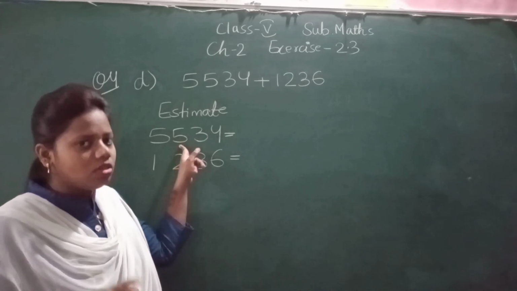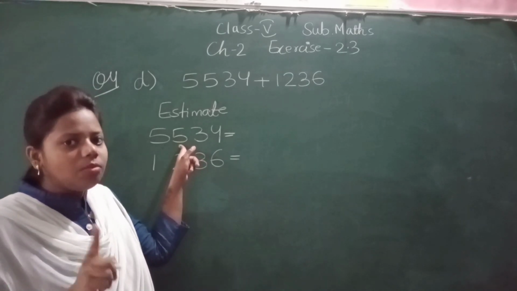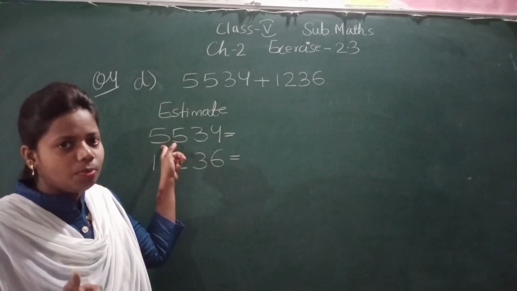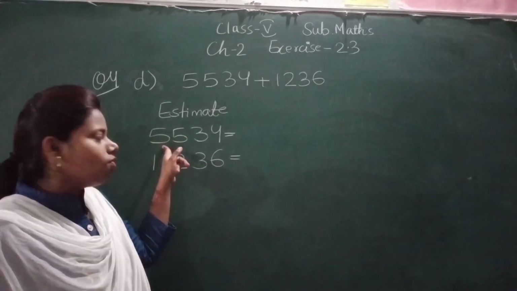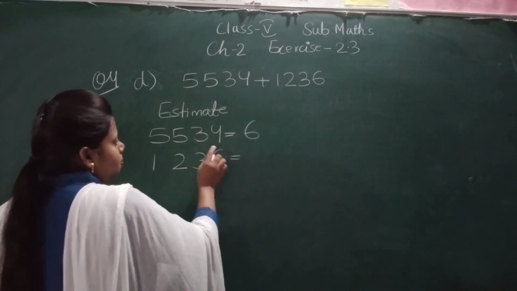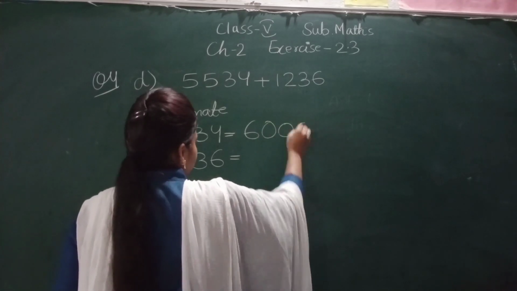Can you see this is 5? So this is equal to 5. So when you see more than 5 or equal to 5, what do you have to do? You have to plus 1 to the thousands place. So this 5 will become 6, and the rest of these 3 places will get replaced with 0, 0, 0.